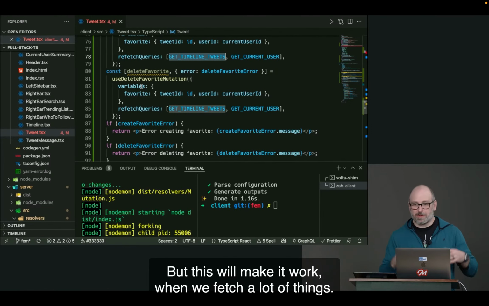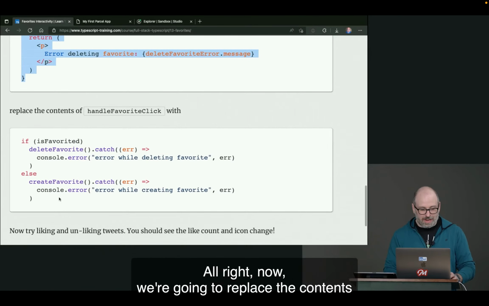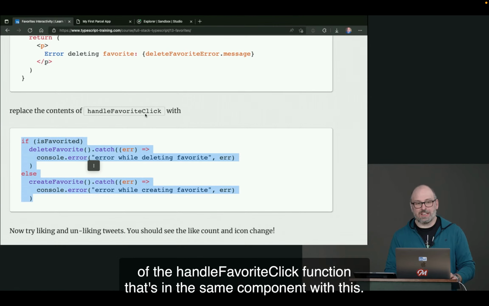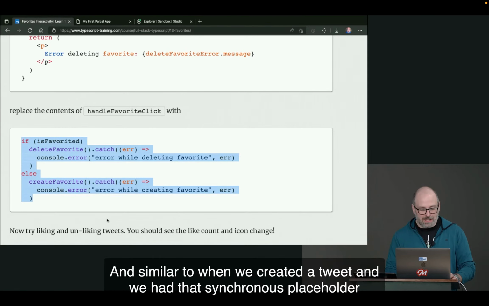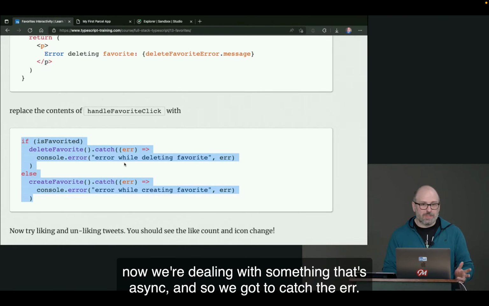But this will make it work. We refetch a lot of things. All right, now we're going to replace the contents of the handle favorite click function that's in the same component with this. And similar to when we created a tweet and we had that synchronous placeholder method that was just there, already wired up to the React stuff, now we're dealing with something that's async, and so we got to